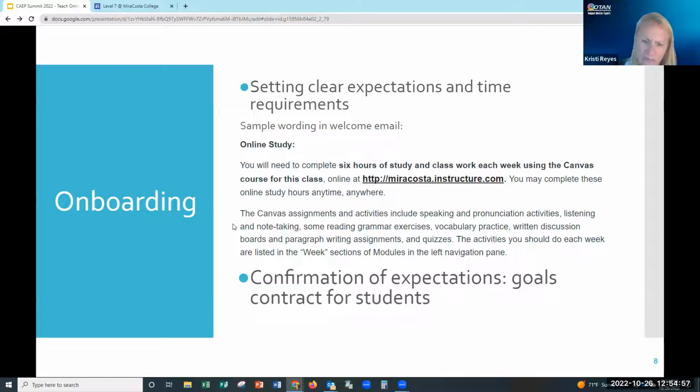Some reading that I've done, a couple of books that I really recommend. One is by Darby Flowers, Small Teaching Online. And what's really recommended, I'm sure that goal setting is one of the recommended best practices for andragogy, for teaching adults.